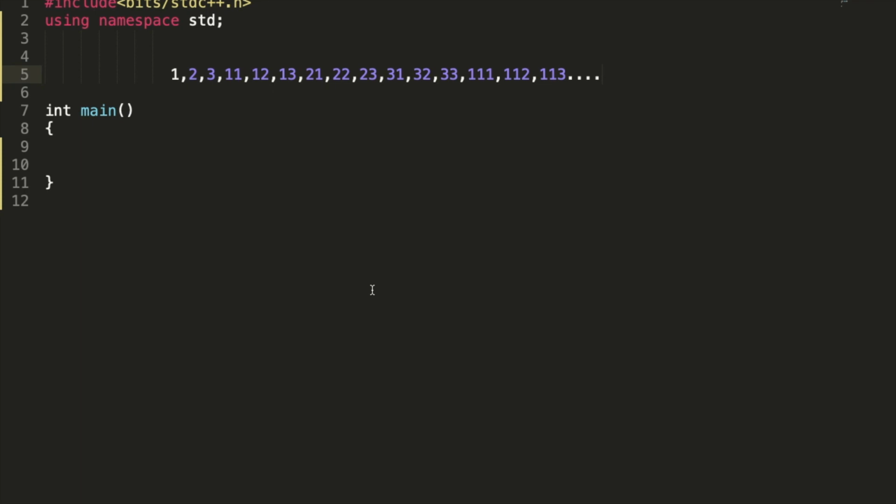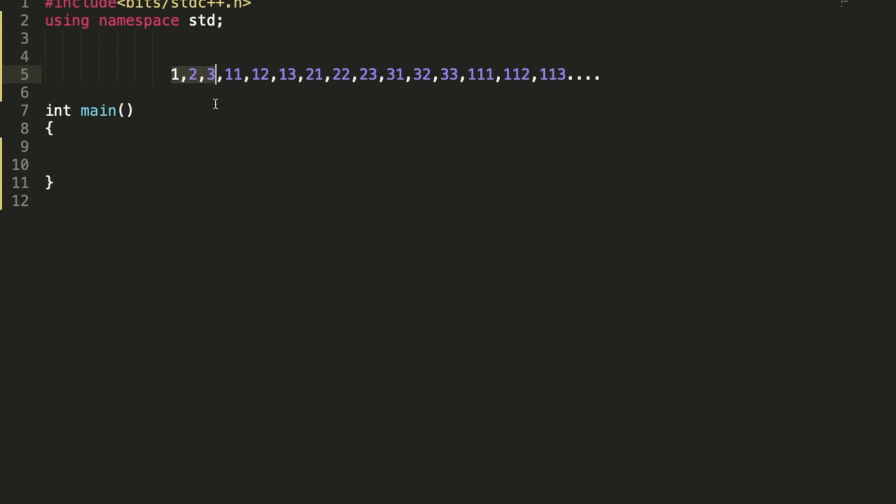Hello everyone. So today we will be solving a Microsoft interview question. I think the question was asked in the fly round, Microsoft fly round. The question is we need to generate numbers from three digits like 1, 2 and 3. We will be having only three digits 1, 2 and 3, and we are going to form the numbers, and we have to find the kth smallest number, right?